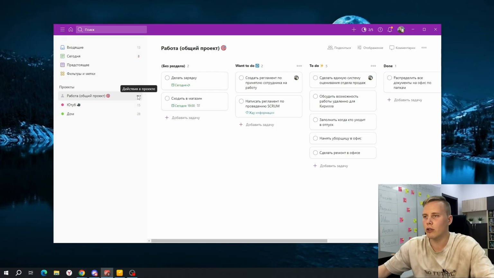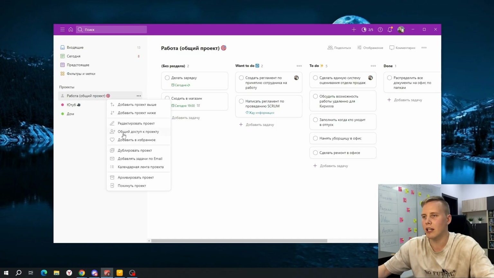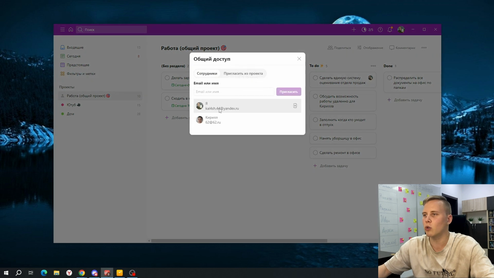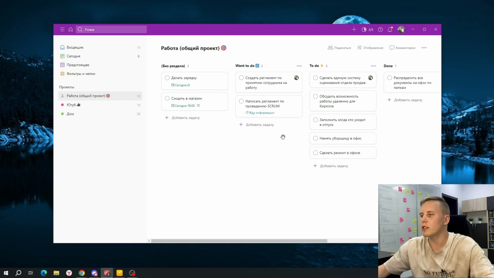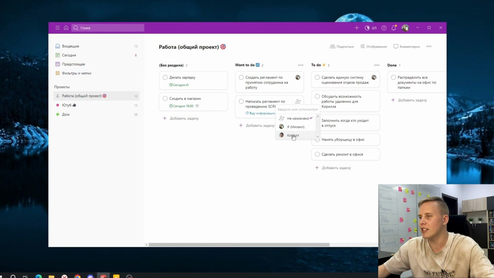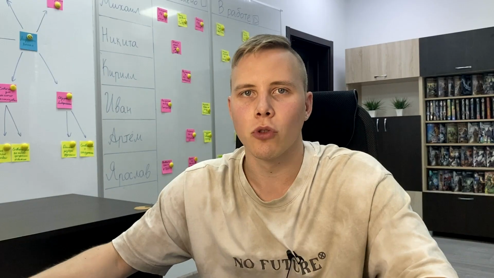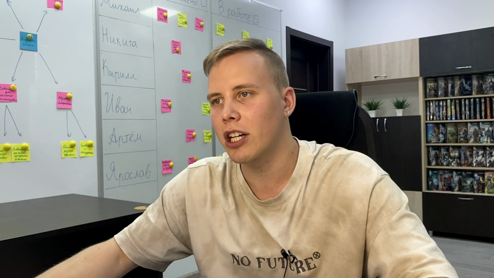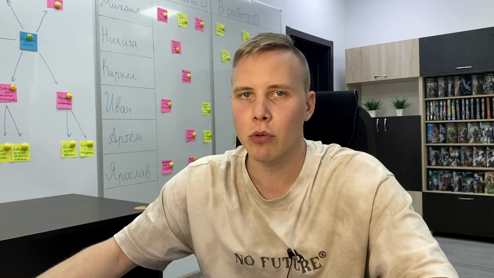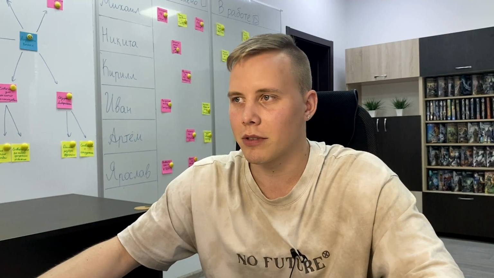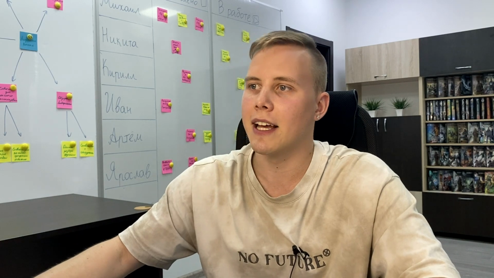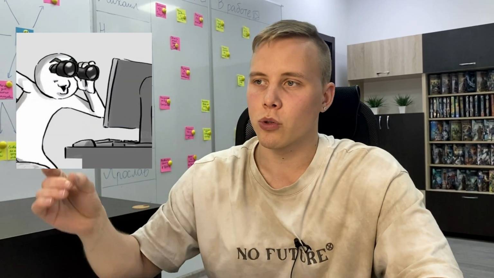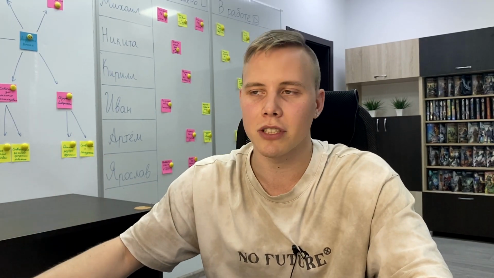To do this, you need to add your colleague in the project properties. Choose project sharing and add your colleague via email. I already have one. And after that you can assign an executive in this project. But if you are a manager and you need to work with employees, this is not the most convenient way. Because if you want to assign some personal task to your colleague, you will not be able to do it. Everyone who is in the project will see it. But then you will have too many projects.